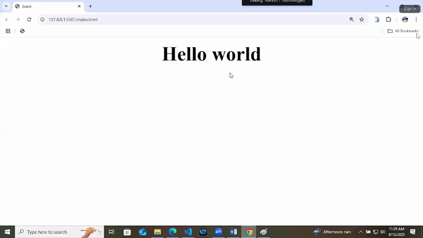Right? Can we do this by using CSS hover? No. By using CSS hover, we can only change the design of this. But if we want to change the text, for that we have to use JavaScript only. So that is mouse over and mouse out.